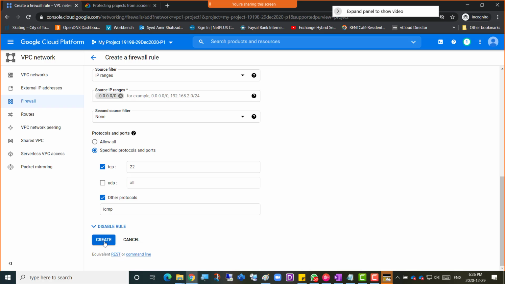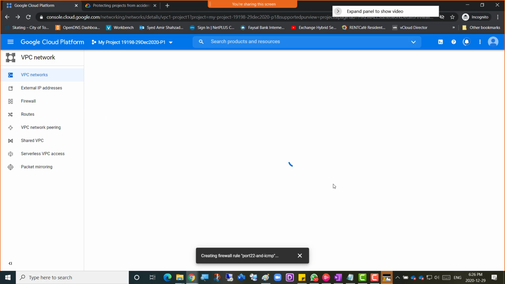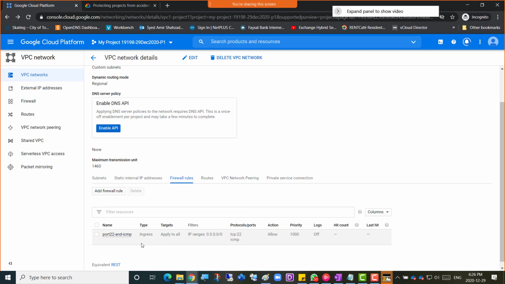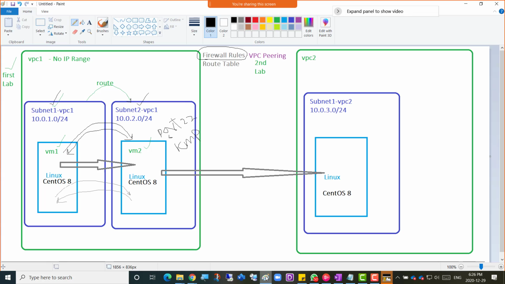I'm going to click create here. So it is created now, and what I'm expecting in this VPC is that the virtual machines